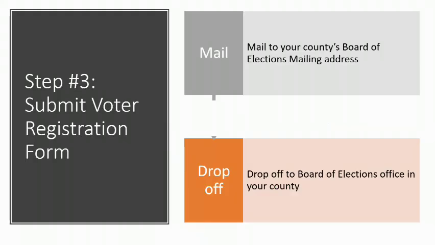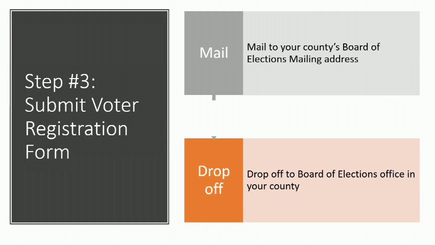Now that you've filled out that form, you can submit your voter registration form. You can do that either by mailing your form to the county board of elections mailing address. Again, that's the county that you want to be registered in. If you're a Buffalo State student, that's Erie County. Or you can drop it off directly to the Board of Elections office in person. And again, you can find that information on the New York State Board of Elections website related to either the mailing address or the physical address for that county's Board of Elections office, where you can drop off and submit your